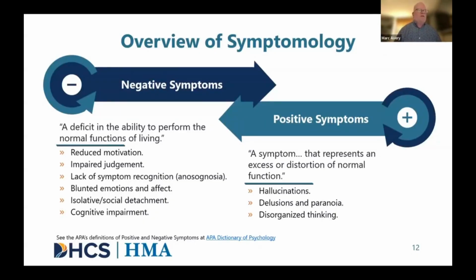We'll talk about many of these symptoms in more detail. But in general, the positive symptoms of schizophrenia tend to stand out, especially when someone is in an acute phase of their illness. For instance, if somebody is responding to external stimuli by shouting in the street or expressing delusional or paranoid thoughts.